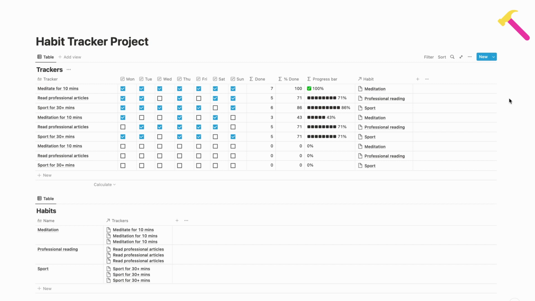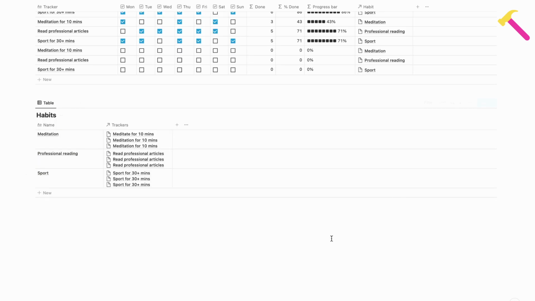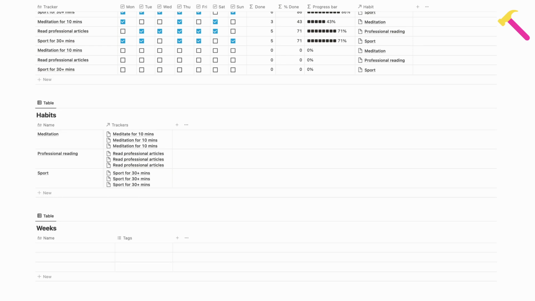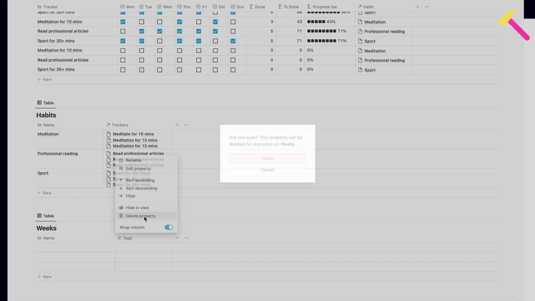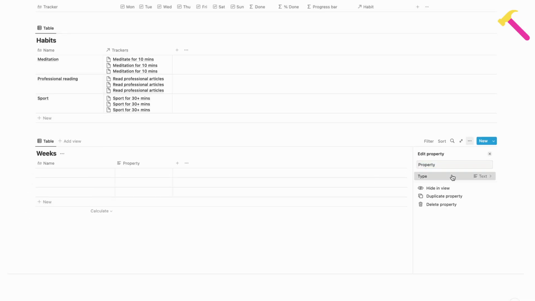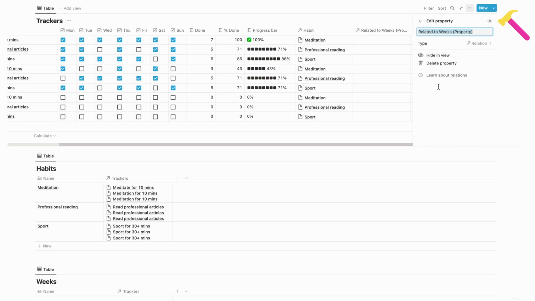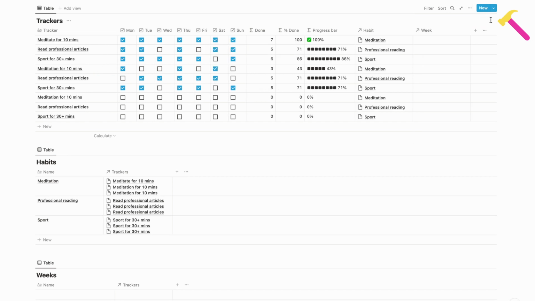Okay, now we have several trackers looking very similar, and it's hard to understand what is the time frame for every particular tracker. To fix this, let's add a weeks database with a relation to the trackers. Okay, I will add the current week and several next weeks.